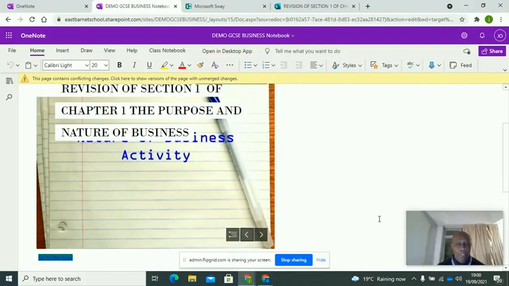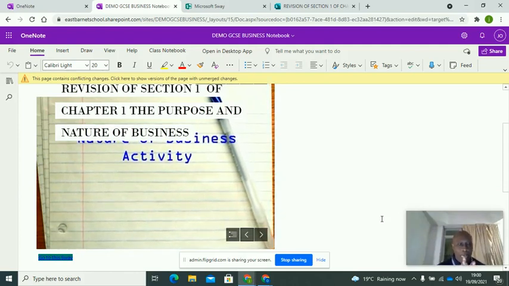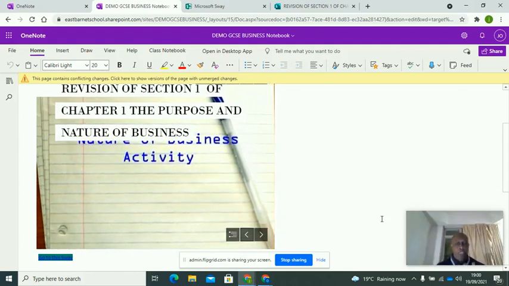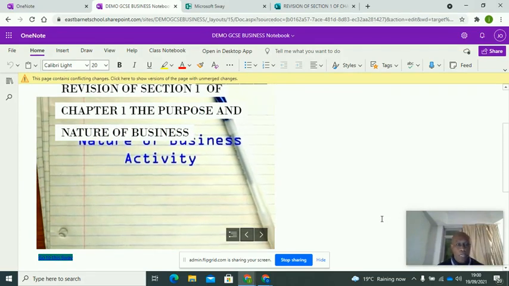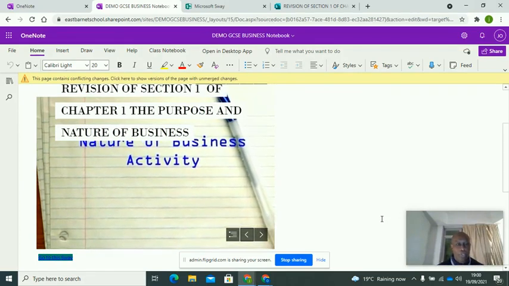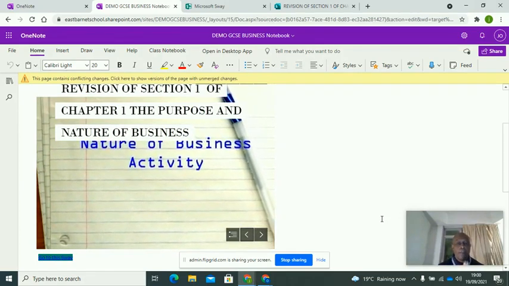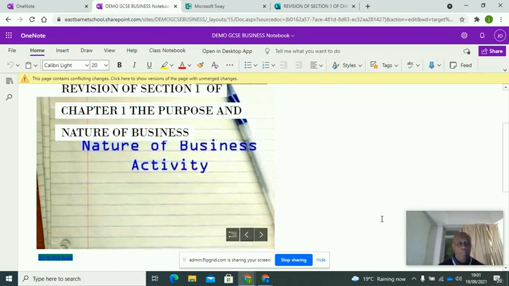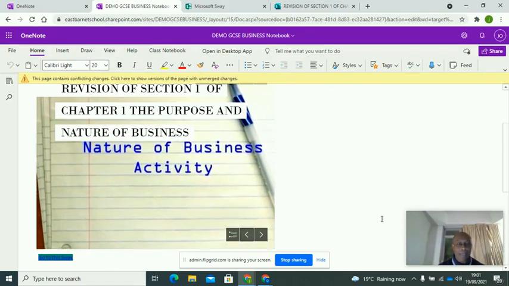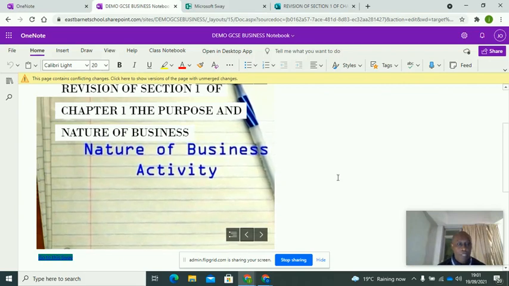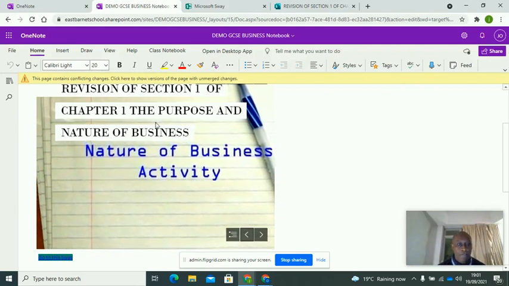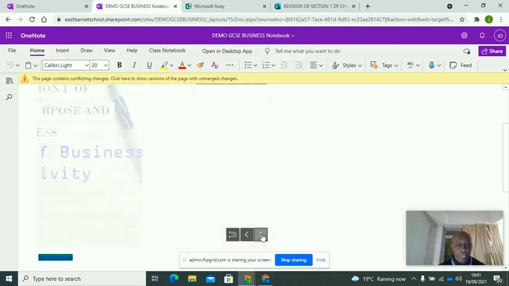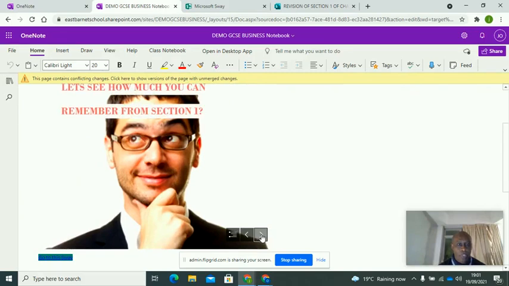So, the assumption here, well, not necessarily an assumption, but I'm going to go from AQA specification. If you're Edexcel, if you're OCR, that's not a problem at all. It's going to be slightly different, but we're still talking about business concepts, and that's the idea. Okay, so in terms of AQA, this is the first section. So we're going to go through this, and I'm just going to see what you can remember in the first